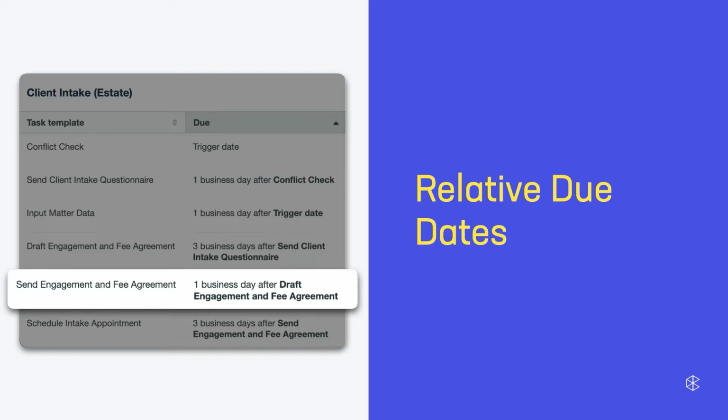This means that when I assign out this list, I'm already going to have a 1-day buffer in between those two tasks automatically. I don't need to do anything. I don't need to think about when they're going to be due. My task list does the work for me. All I need to do is pick the trigger date, maybe that's today, and then all my tasks will cascade